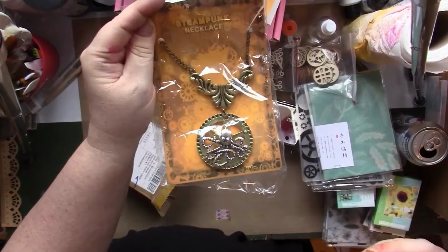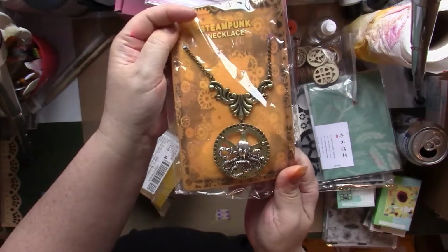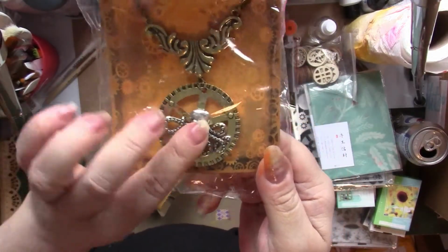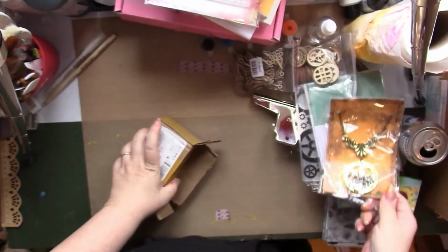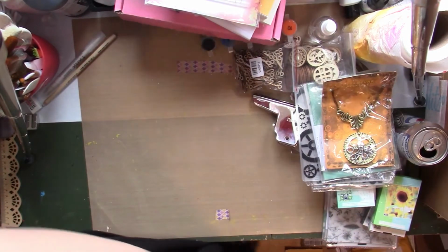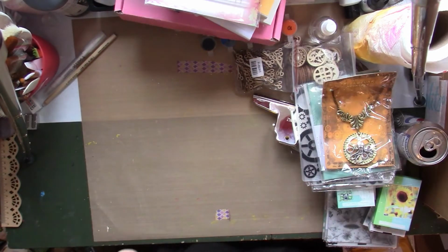So I'll let you know if I come across stuff that I paid the big money for, more than $4. This is just absolutely gorgeous. Look at that. And it's heavy, too. So yeah, they have tons and tons of jewelry, and they're so cheap, they're just perfect for if you want to,